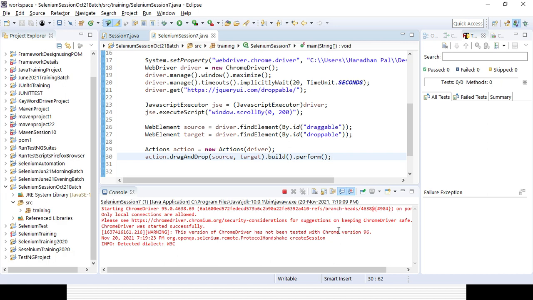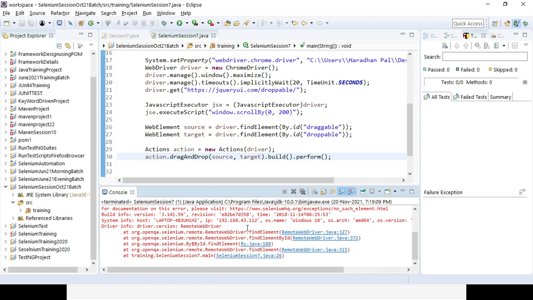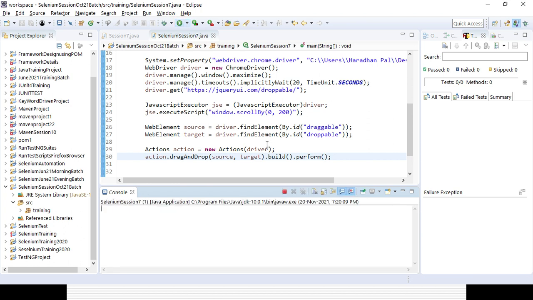Anyway, it did not throw the error yet. Okay, you could see an error came. Finding the element is not happening. Maybe I just disconnected it forcefully. If you run it one more time, you can get to know the exact error for that particular line of code.